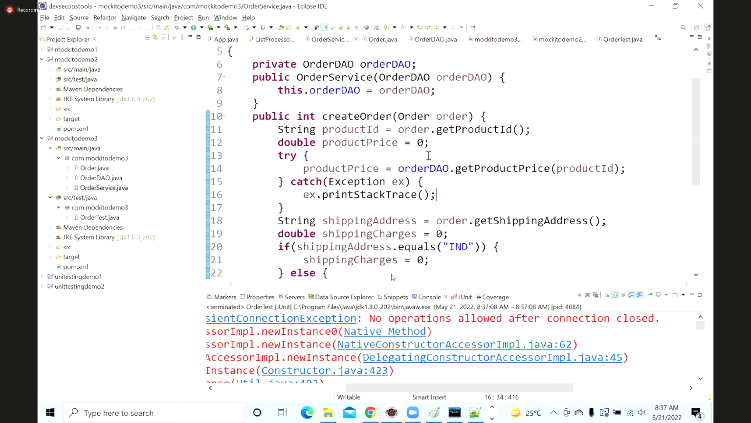Anyone can tell what is it? I understand this issue. I know where the issue is, but can anyone tell where this issue lies? I'll tell you. When I call first create order,